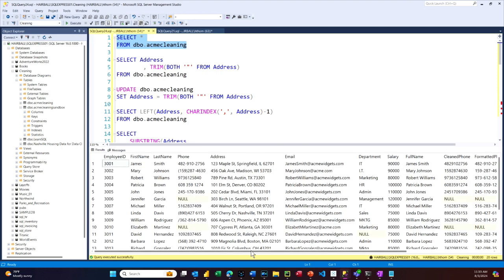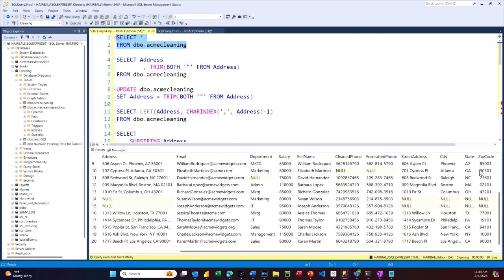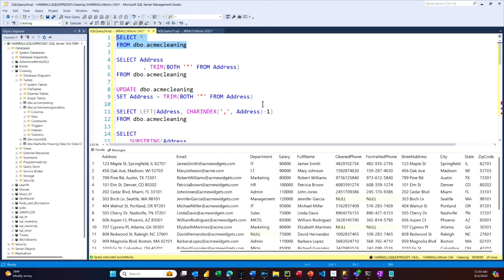Go back up here. Let's keep that. Street address, 123 Maple Street. City, Springfield. State, Illinois. Zip code 62701. Perfect. Okay, let's go on to